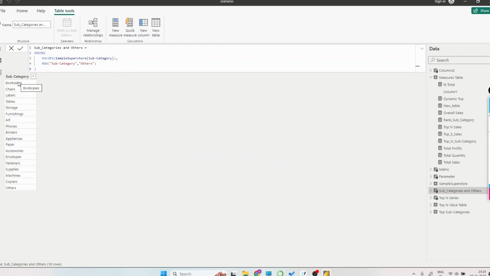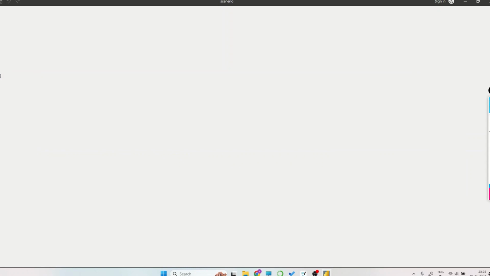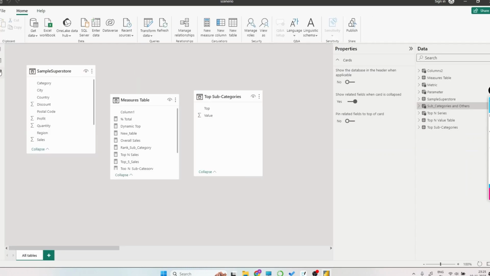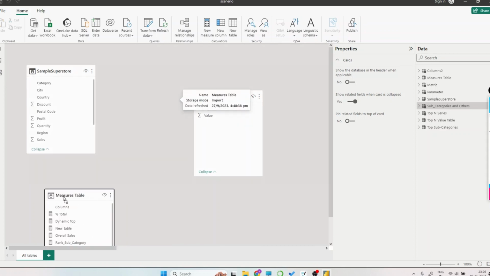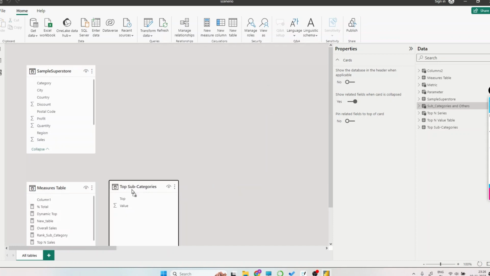So here you can see that we have all the subcategories as well as one Others row as well. Now we will be moving on to the third step, that is, we will be creating a relationship between the subcategories from Sample Superstore and our newly created table. So let me just show you